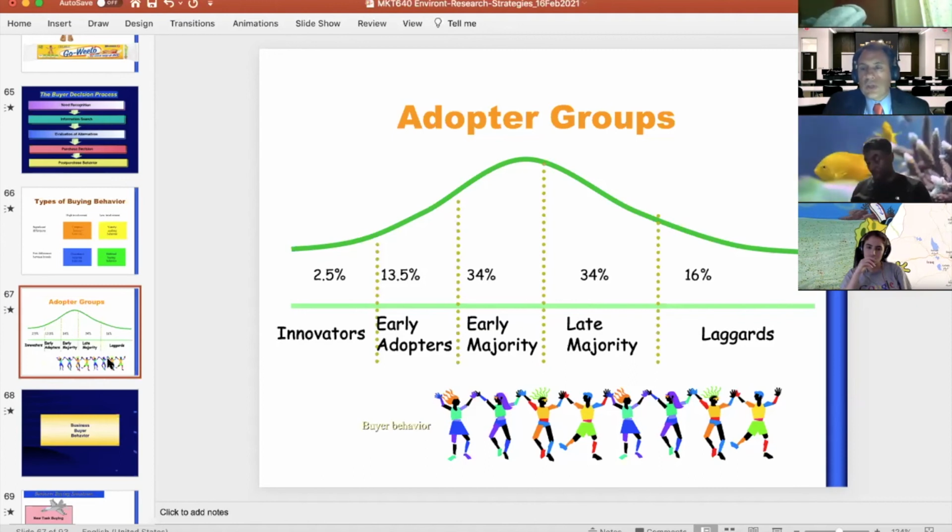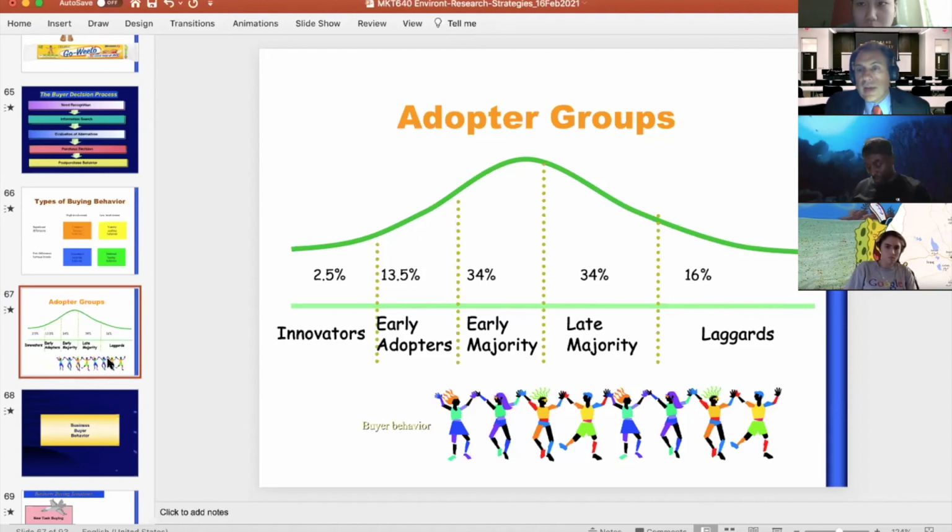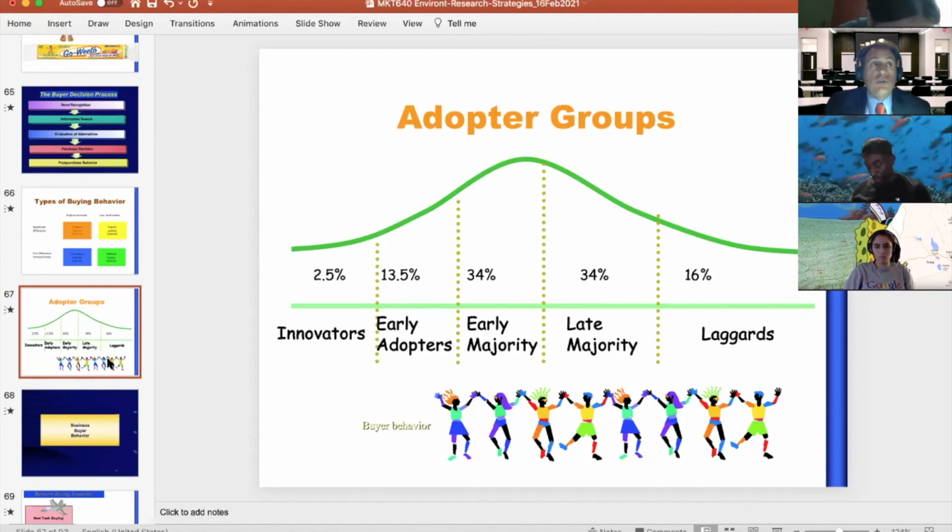However, these percentages are just an illustration, and I will never ask you what's the percentage of late majority in the adopter groups. You would not have to remember this percentage. It's more interesting if you learn which one is first, which one is last, or which one comes after the late majority. What's the group before the late majority? The early majority. What is the first group of the adopter groups? The innovators. What's the last group called? The laggards. So that's all you'll have to remember, and this is very important.